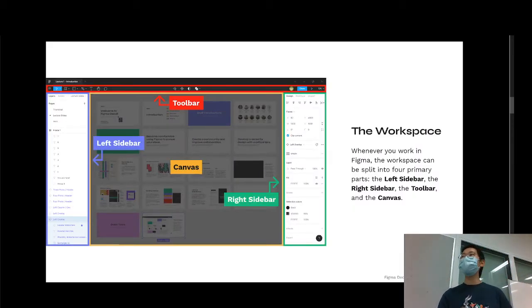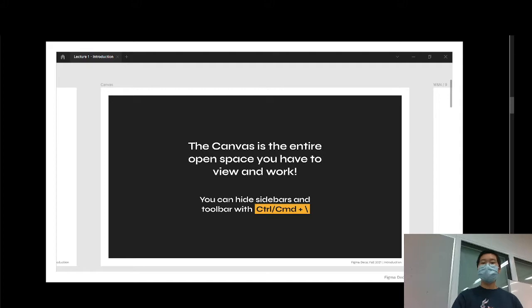And the workspace is split into 4 main components. Whenever you're working in Figma, you're going to see the 2 sidebars, the toolbar, and the canvas. So the canvas, again, is going to be that space right in the middle. It's the entire open space you have to basically view what you're working on and do that work. Any kind of tools that you're going to be using are only going to be valid when you're on the